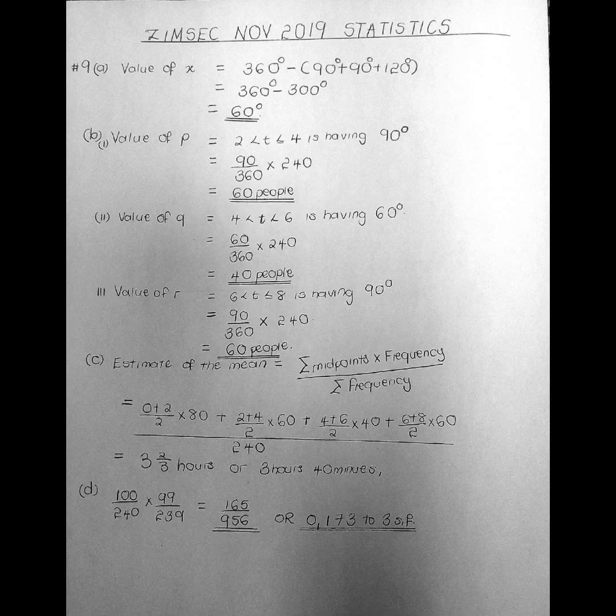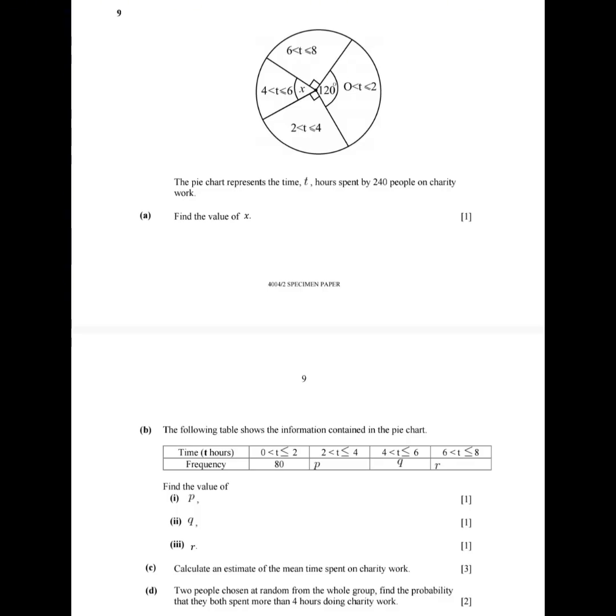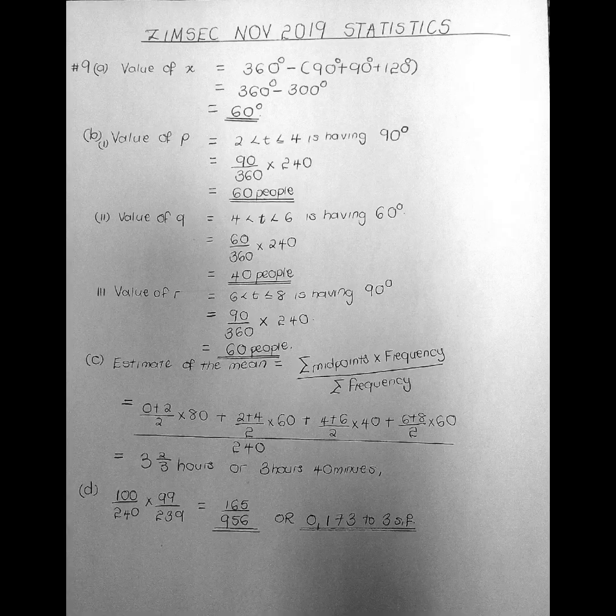And then part C: calculate an estimate of the mean time spent on charity work. As you are preparing for your November 2024, make sure that you are ready to collect all the 3 marks. This is a frequently examined question. In every statistics question, you are going to be examined on the estimate of the mean, and you should be able